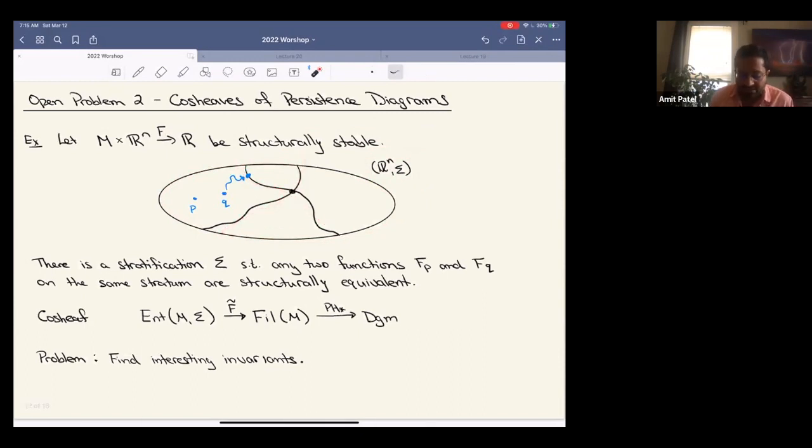And the stratification has the following property. If I take any 2 points, so any 2 functions, right? So 2 points in the parameter space correspond to 2 functions. If I take any 2 functions in the same stratum, they're going to be structurally equivalent. Structurally equivalent means that their sublevel set filtrations are going to be the same. Combinatorially, they're the same. And not only that, if I have 2 filtrations, say Q here and another one here in the lower stratum, the entrance path from one to the other is going to give a morphism between the